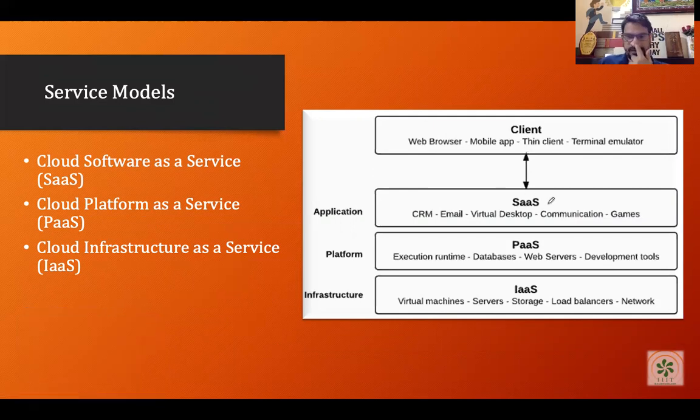Now, the first service is called software as a service. The second service is platform as a service. The third service is infrastructure as a service. Let's talk about software as a service. Now, what do you mean by software as a service? So the cloud service provider will give their software, and